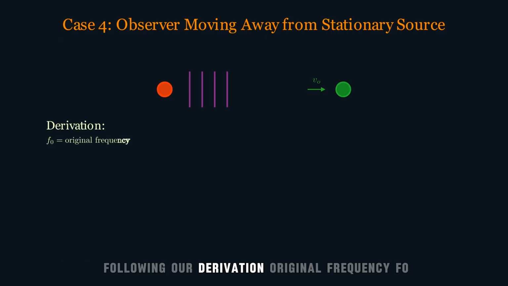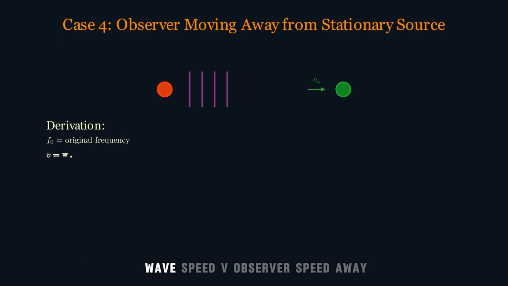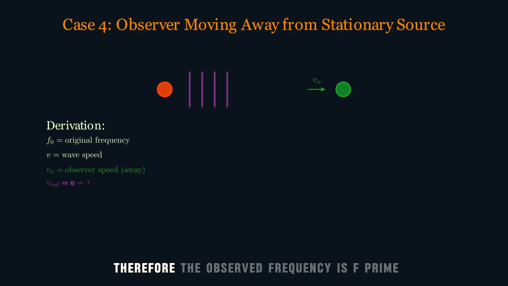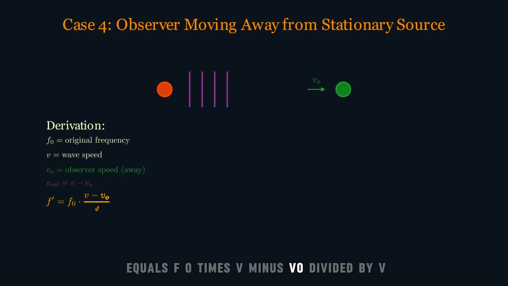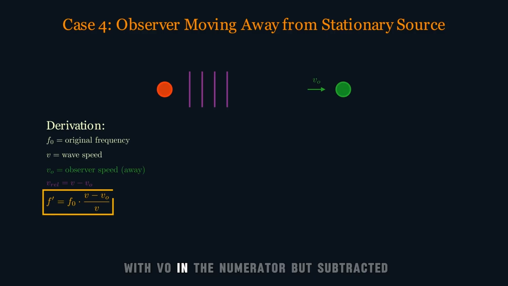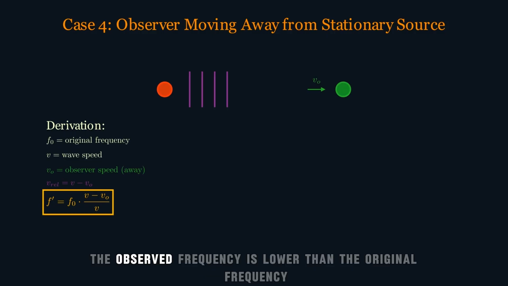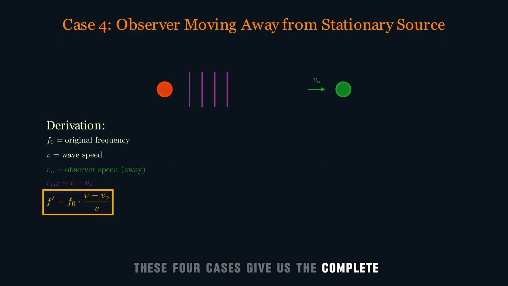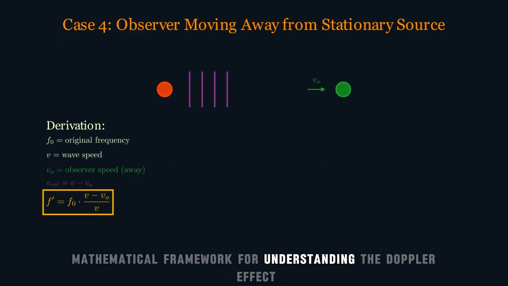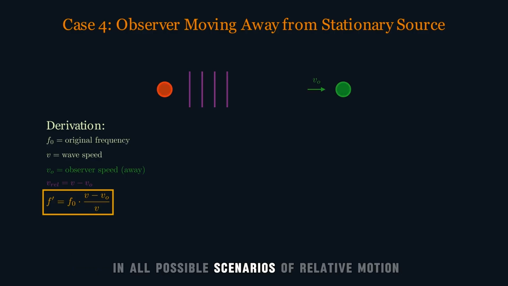Following our derivation, original frequency f0, wave speed v, observer speed away, vo. Relative wave speed, v minus vo. Wavelength remains v divided by f0. Therefore, the observed frequency is f prime equals f0 times v minus vo divided by v. This is our formula for case 4. With vo in the numerator but subtracted, the observed frequency is lower than the original frequency. These 4 cases give us the complete mathematical framework for understanding the Doppler effect in all possible scenarios of relative